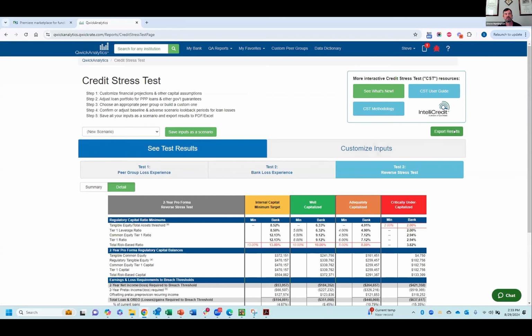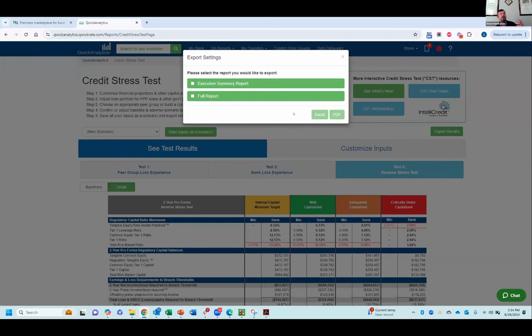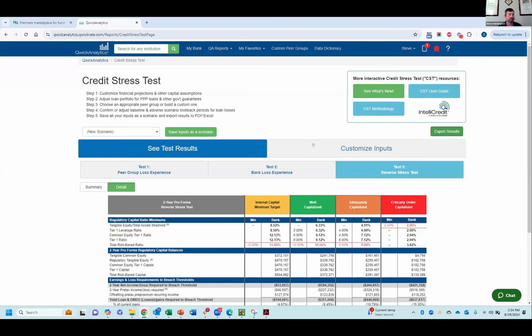When you want to export the results, how much of the nitty gritty you really feel the need to print off depends upon the implied audience. If this is something you're sharing annually or semi-annually with your board, you're probably just going to want to give them an executive summary so their eyes don't glaze over. If this is something you're sharing with an auditor or an examiner, they're going to want to see all the detail, right? The full report here. You can get it as a PDF with a single click or in an Excel format as well, with all the tables and charts and data and formatting directly in the Excel environment.